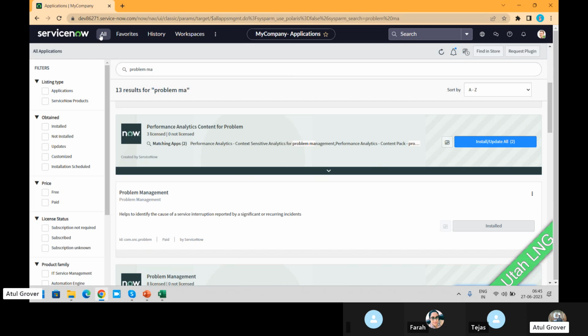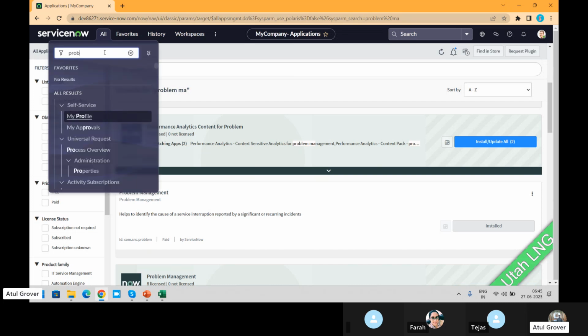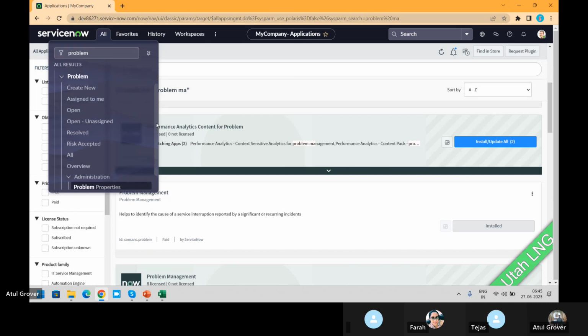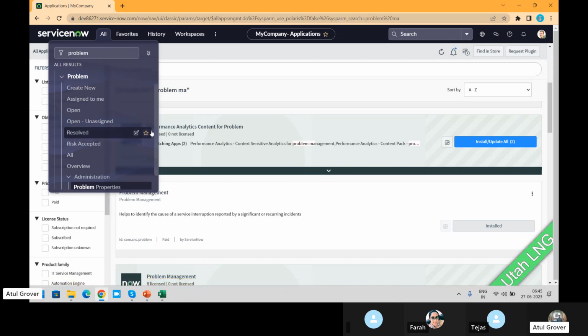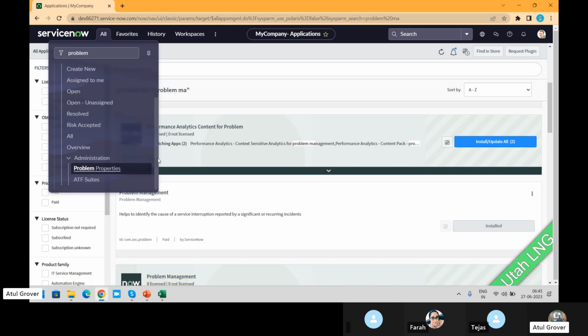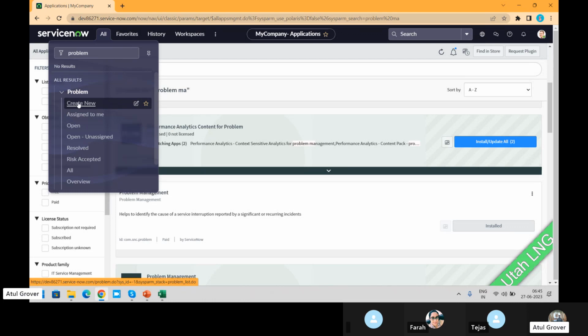Now, if I come here and look at problem, we can see these things: create new, assign to me, open. These are the normal modules we know, and where the risk has been accepted. It's like a flag. I'm accepting a risk. It's not a flag, basically it's a UI action, a button, but it will add a flag in the problem. Okay, and then we can go here. Now, if I click on create new,